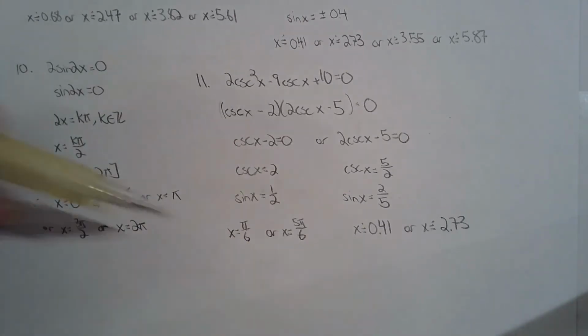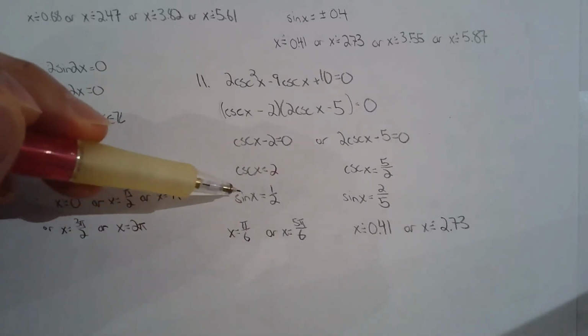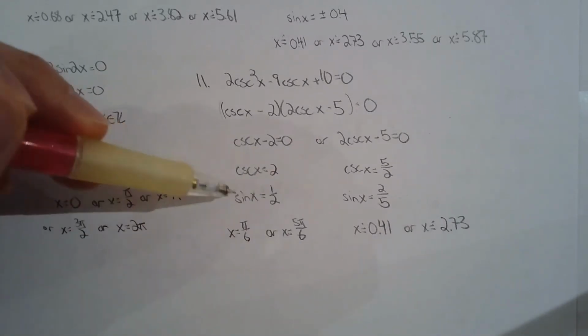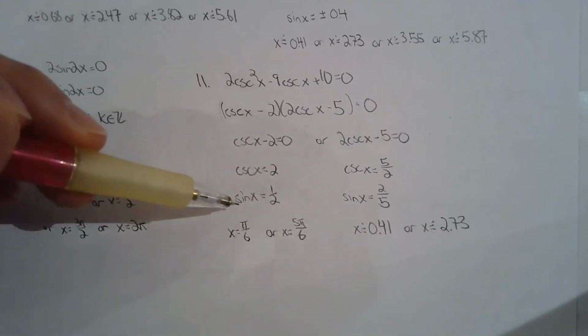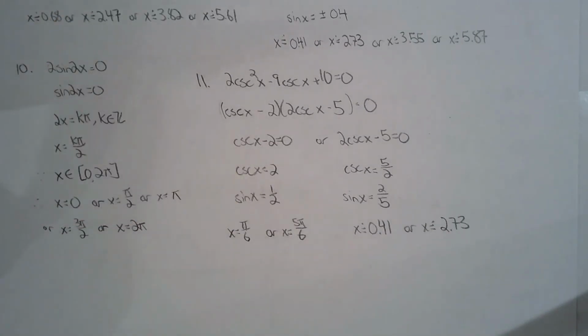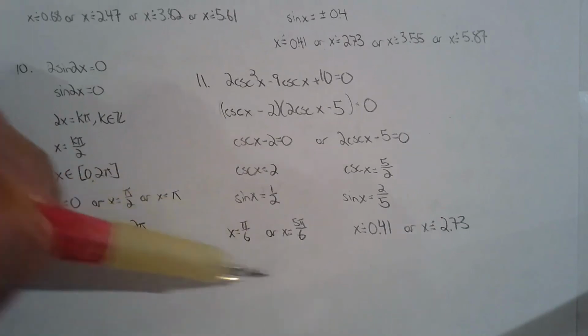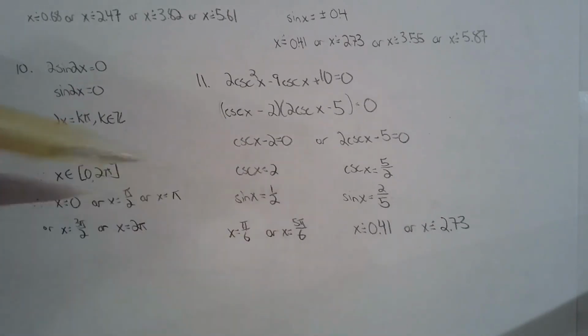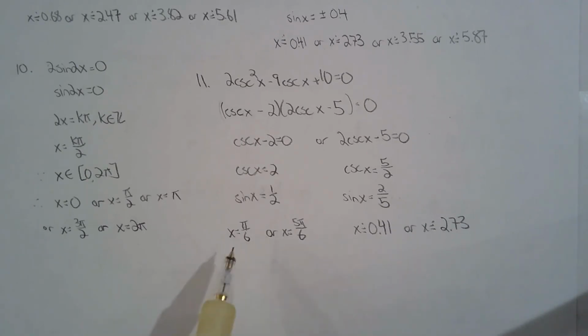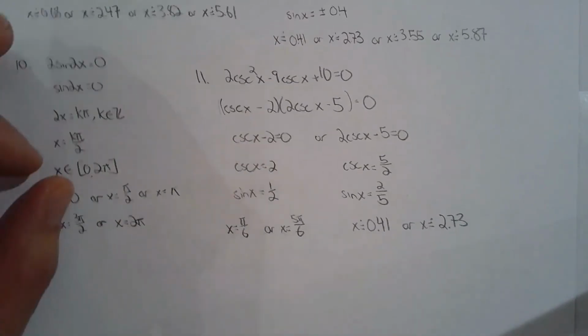But once it changes, if it was sine 5x, for example, then things change and I'm going to get more solutions. Or if someone said to me sine a third x, I will get a different number of solutions potentially. That's when I need to study the coterminal angles and obtain all the solutions as opposed to just hoping what I have is good enough. But here, I'm sure what I have is correct. If these 2 are correct, I know there is nothing else because I know the sine function. You know what? Just to prove my point,